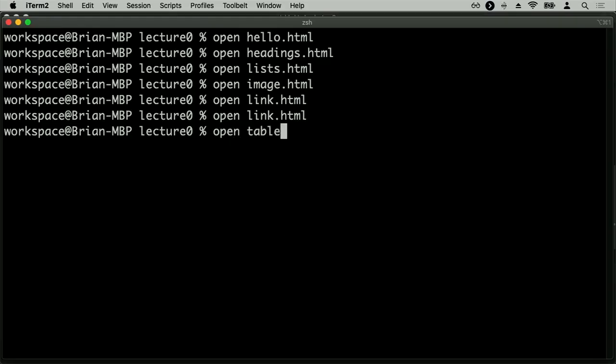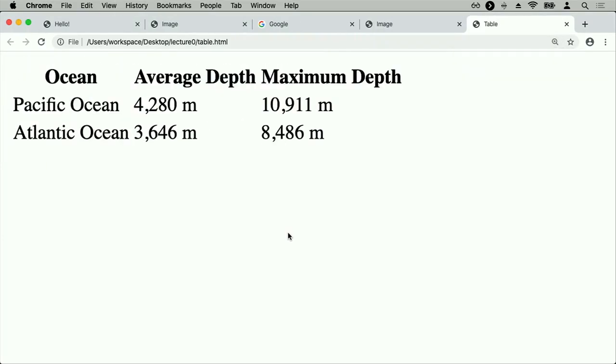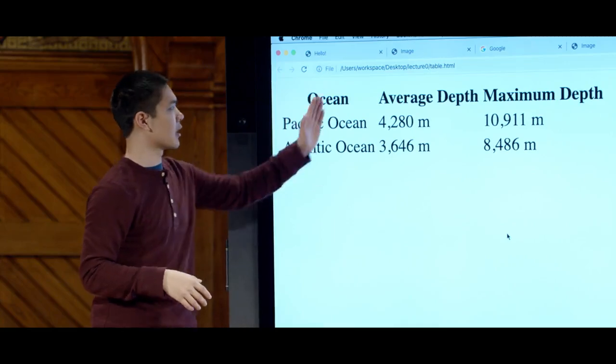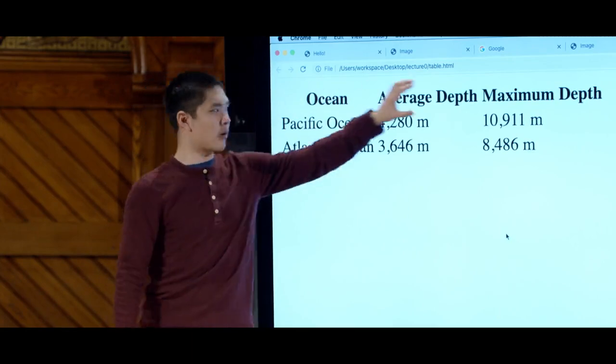So when I open up table.html now, here's what I'm going to see. I'm going to see a table-like representation of the data. It's not just one thing after another anymore. It's structured in a table. Now, granted, there aren't any borders, and I could probably add some colors and spacing to make this look a little bit nicer. But I see three columns: ocean, average depth, and maximum depth,